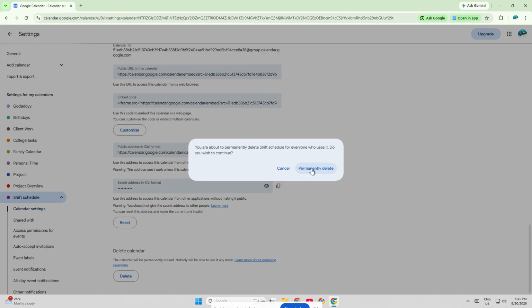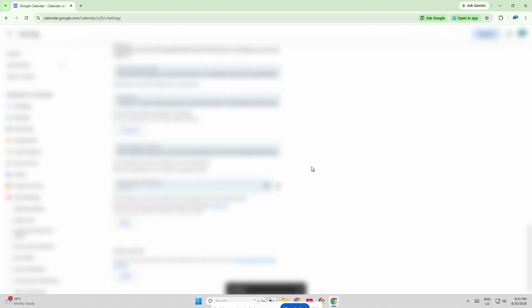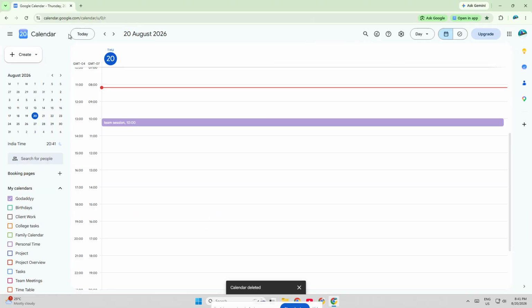After that, Google Calendar will remove the calendar from your list and you'll no longer see it on your account. If it was a calendar you created, it may be permanently deleted. If it was a shared calendar, your access may simply be removed instead. And that's it. You've now quit Google Calendar by removing the calendar from your account. It only takes a few clicks once you know where to go, and it's a great way to keep your